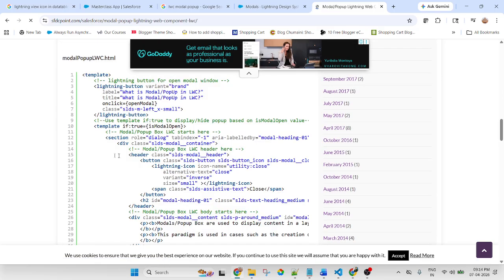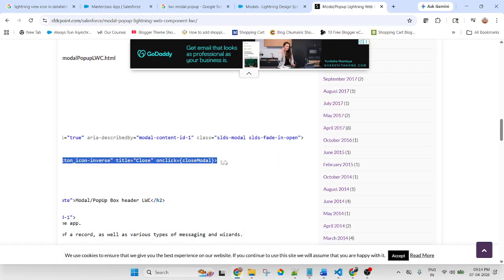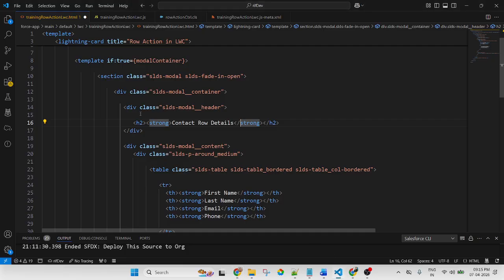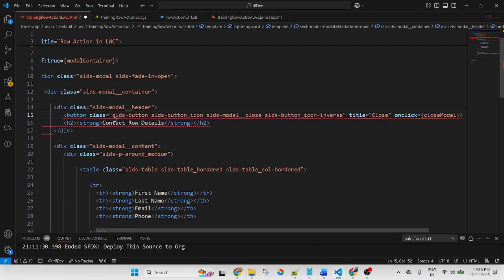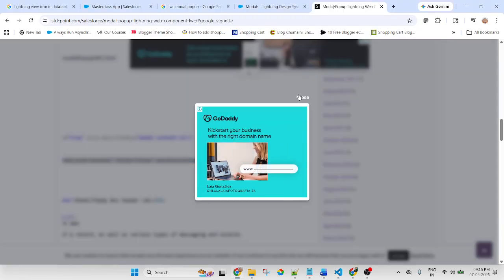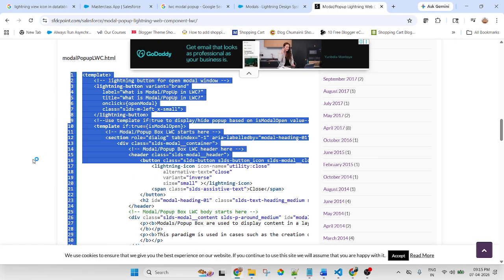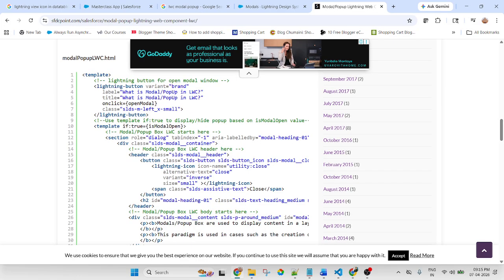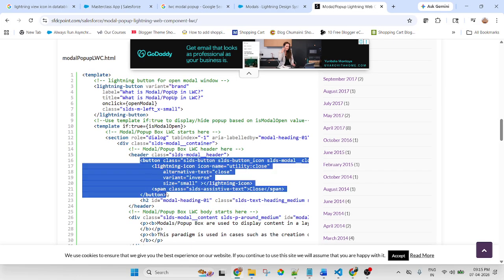This is the modal section header button. This is a button. I am not copying everything, I only copy the close icon. This is the icon, copy. This is the Lightning icon. This is the proper code.